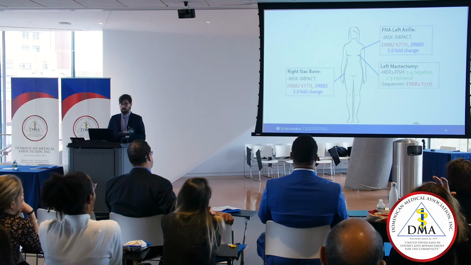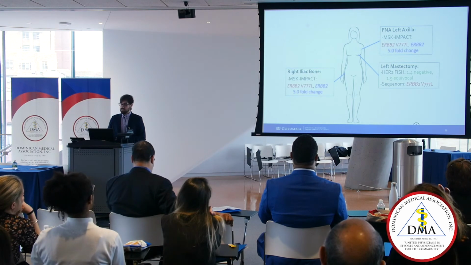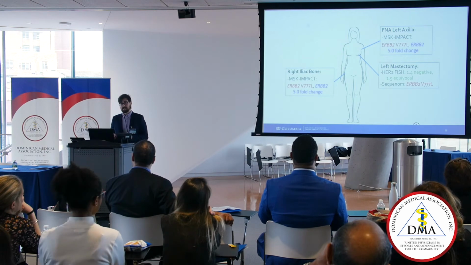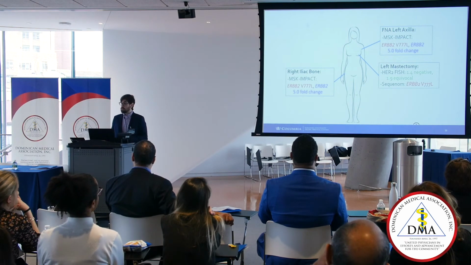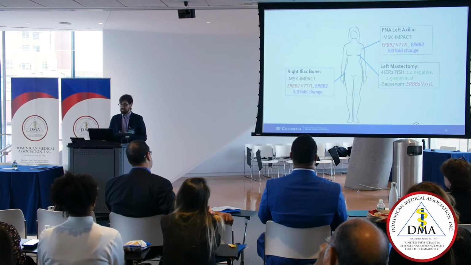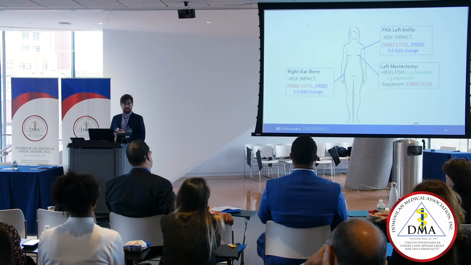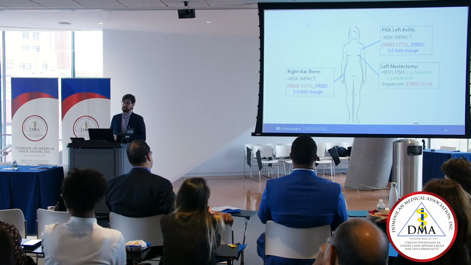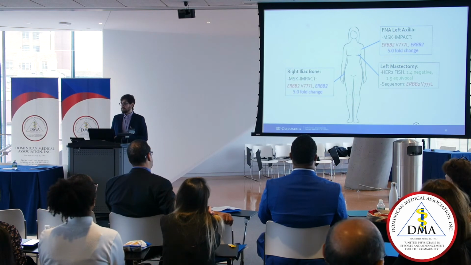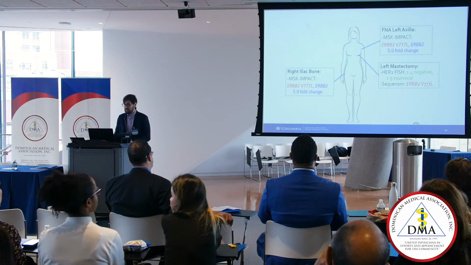But when we test her metastasis, she has that same mutation in both her iliac bone and in her axillary node. So we know that it's truly a metastasis because they share mutations. But something different is that she has a HER2 amplification here. So basically, she has a mutation that makes it hyperactive and an amplification. So she has more copies of these genes than she should have. So she has kind of a double hit for this gene that is producing her cancer.